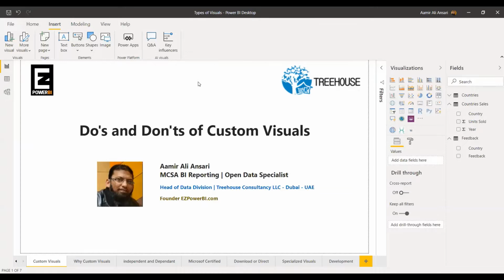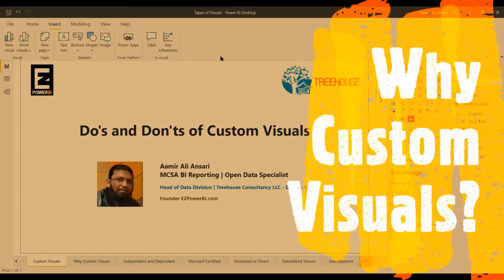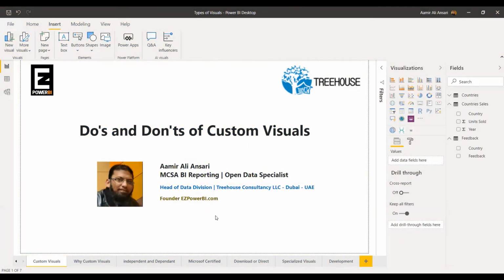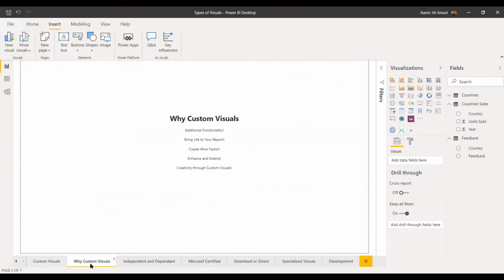So this session is basically regarding the do's and don'ts of custom visuals, because whenever we talk about custom visuals, you see that we have a lot of out of the box visuals available with Power BI. So the question always comes: why should we go for custom visuals? In usual cases, you always want to have some additional functionality in your reports, and you want to